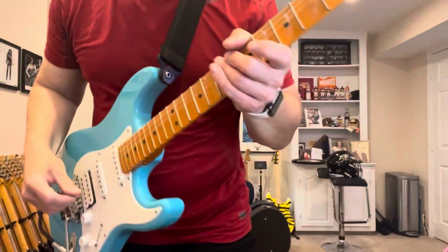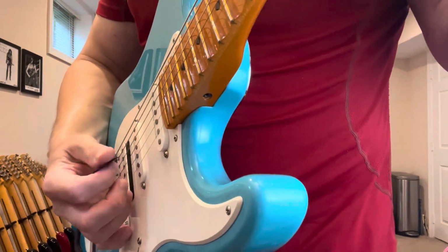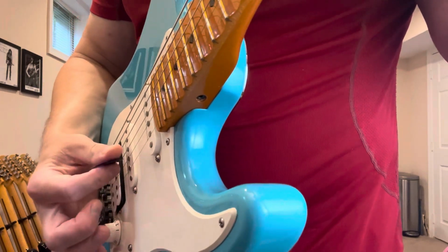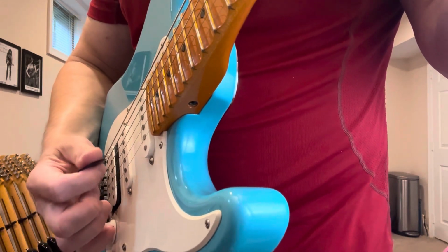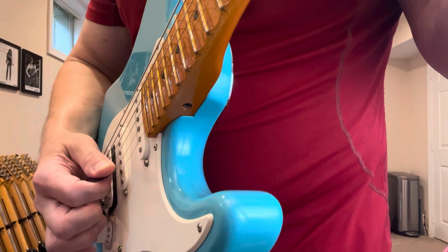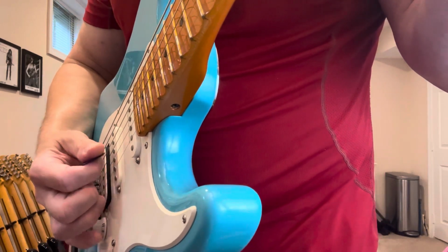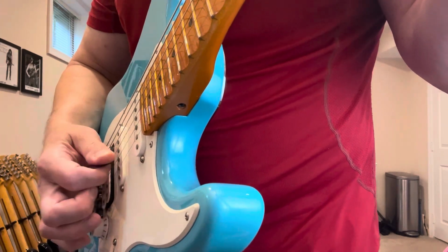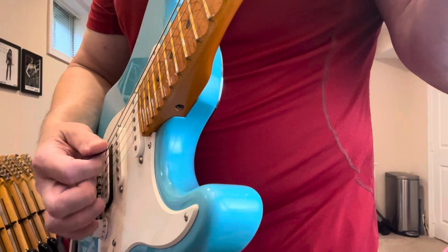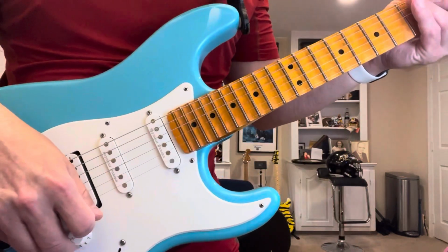So let me try to illustrate that here. A normal pick note would look something like this. But if we're going to try to turn that into a pinch harmonic, I'm driving the pick more on a trajectory into the body, bouncing the fleshy part of the thumb off. And you'll see that as you move up and down a string,